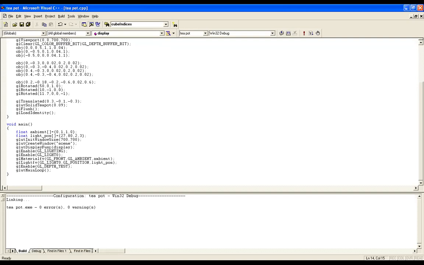I'm going to declare certain new things which you people have not used in your previous programs. The first and foremost thing is float ambient. These are different kinds of properties of the light like specular, ambient, diffuse. There are a lot of properties like that which you have studied in theory. But let me concentrate on the ambient property. It is the most basic property of the light. What it will do is give a uniform sort of color to an object.